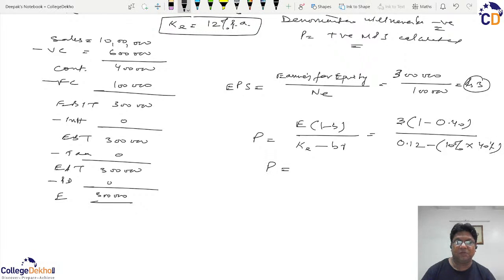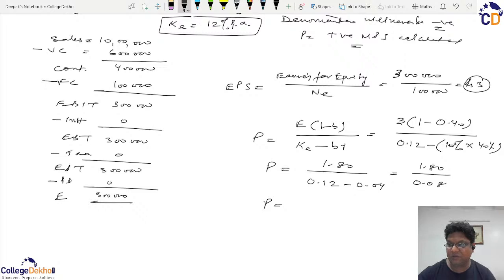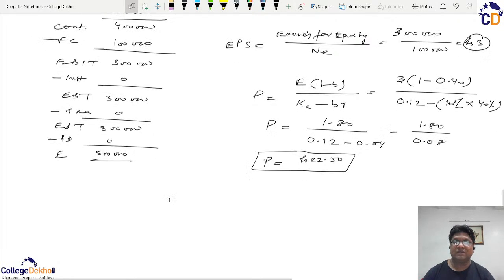So this P will be equal to 1.80 divided by 0.12 minus 0.04. So it will be equal to 1.80 upon 0.08. So we can say the price of the share will be equal to rupees 22.50. So if we can see that on an earning of rupees 3, the estimated price of the share is